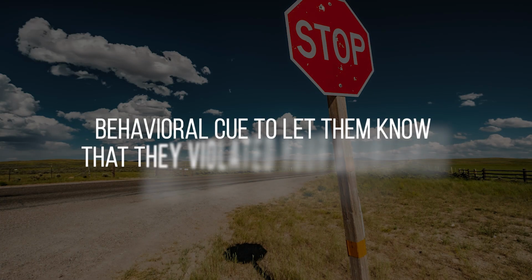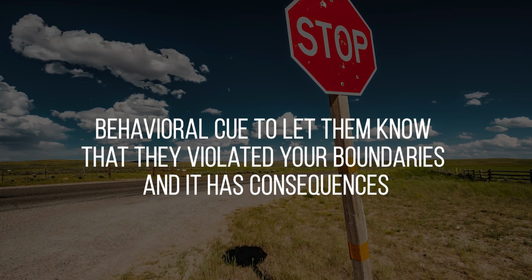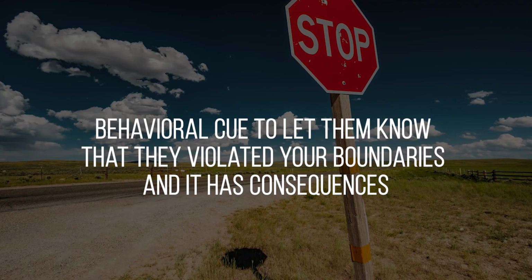And those consequences can vary depending on the issue. So for the example we've been talking about, telling your mom to call you before she comes over, if she doesn't do it, then the consequence could be you not letting her into the home. It may sound harsh, but none of this is to punish. This consequence is critical because it's a behavioral cue to let them know that they violated your boundaries and it has consequences. If you implement the consequence every time they overstep their boundary, then they're more likely going to respect